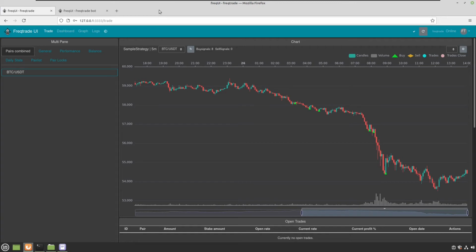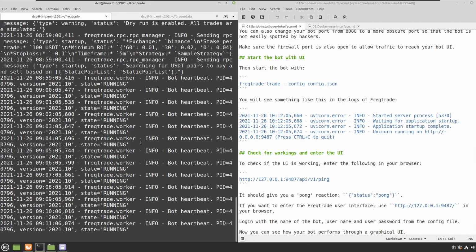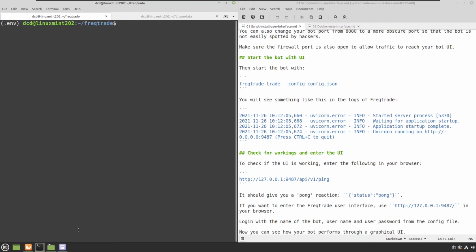Well, that rounds it up for this section, and now let's continue with configuring the REST API. Now close all these ones, and let's continue with my install bot. Close it, and go ahead with the next section,